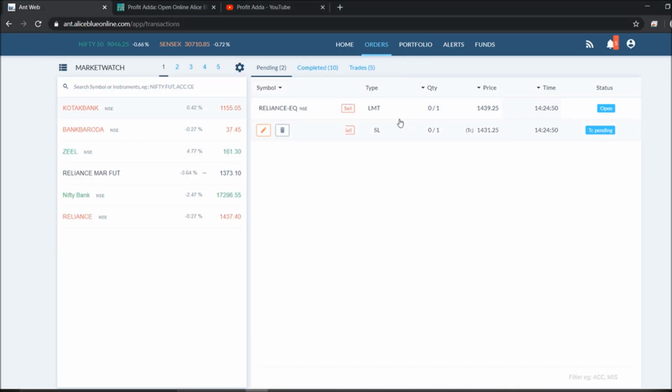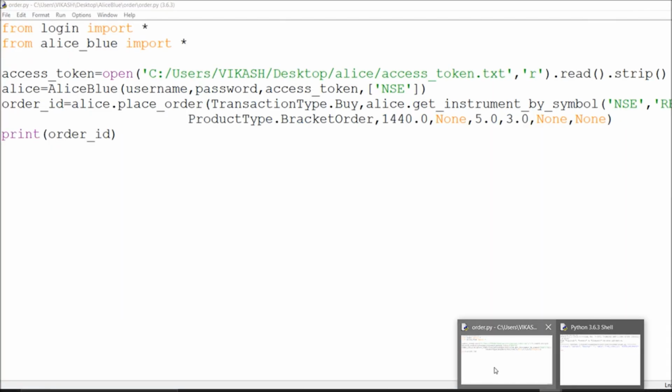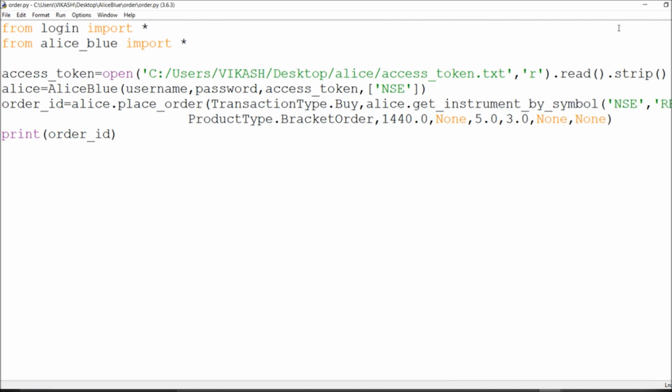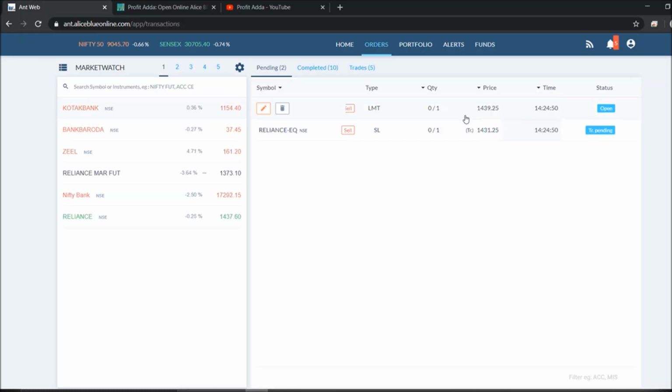Okay, so it will take this limit and SL, and if you say it as an SL it will be for your stop loss. So exactly from that point I have given some 5 rupees, so it will take according to that. And if I say that I have given this 3 rupees for my target, so according to that it will take the target. So initially if I placed around 1439.25 is my target. Okay, so around 35, 36 it took the order and it calculated according to that and placed the limit according to that for your sell.